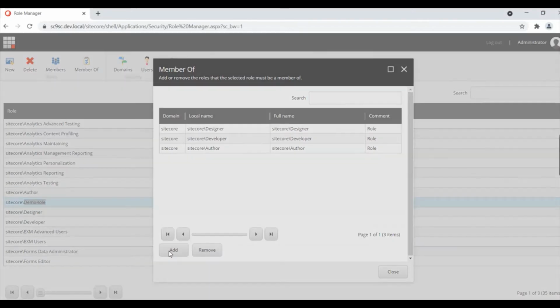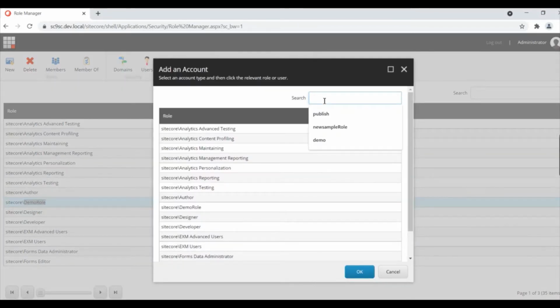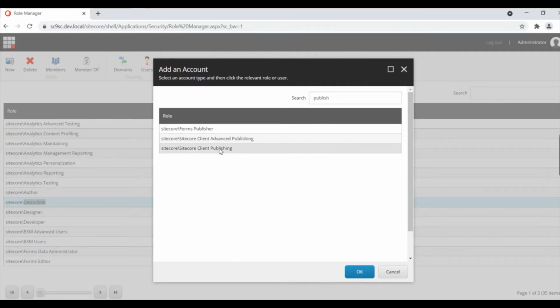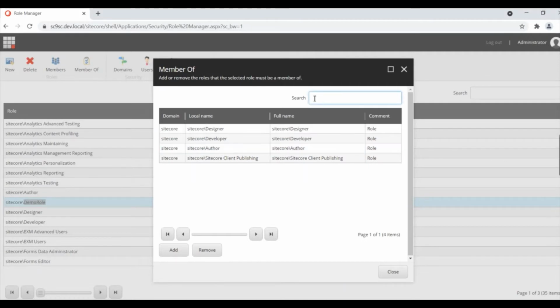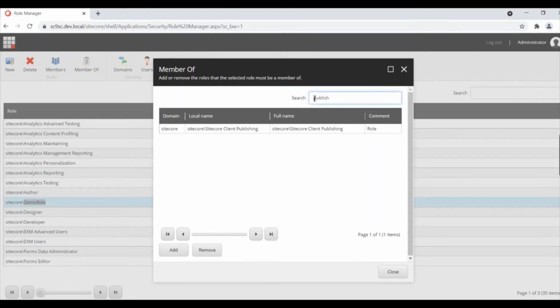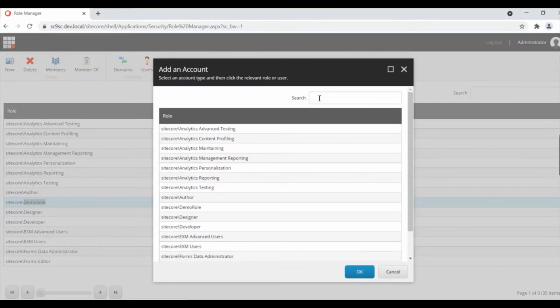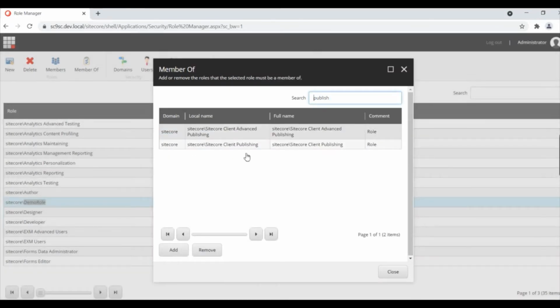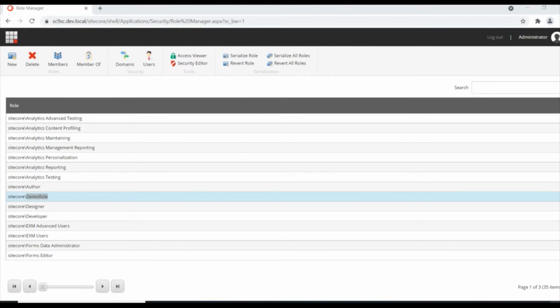I'm adding publishing to it: Sitecore client publishing, as well as advanced publishing. I just assigned the publisher role, so now I'm going to give rights to the items.